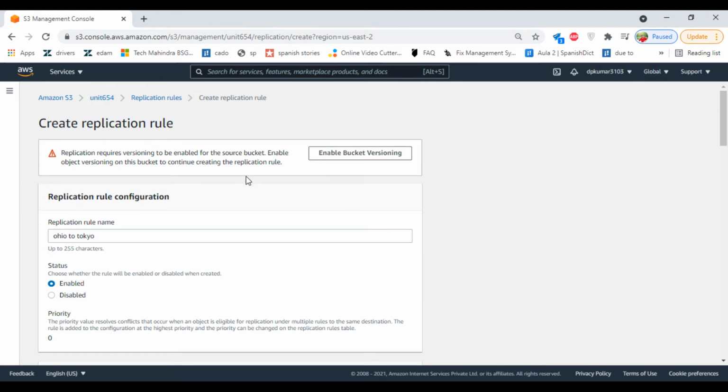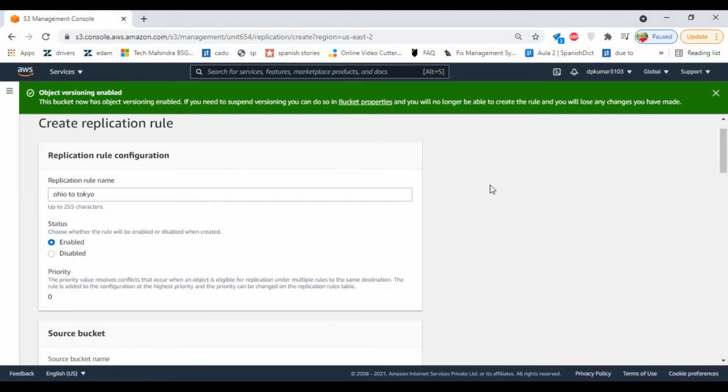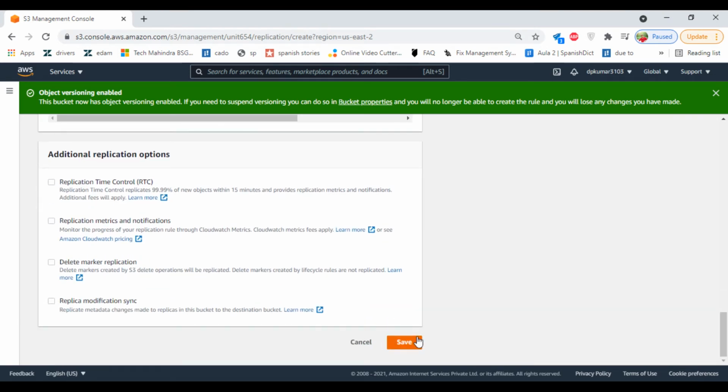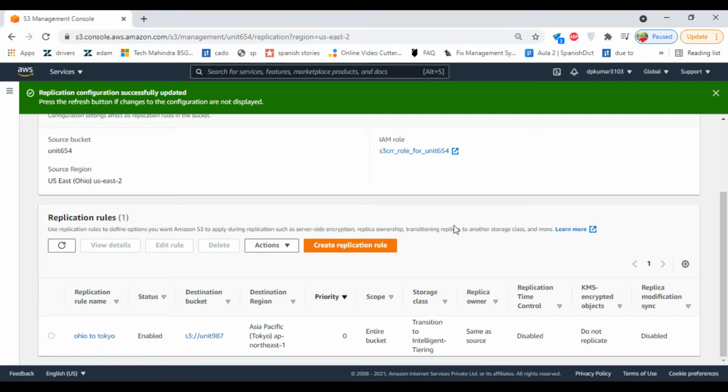It is telling you the other bucket's versioning is not enabled. You have to click on enable it. Now done. Click on save. So we got our first bucket configured.